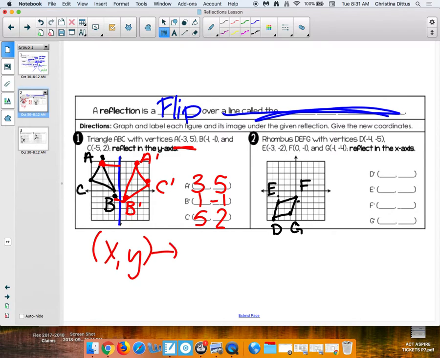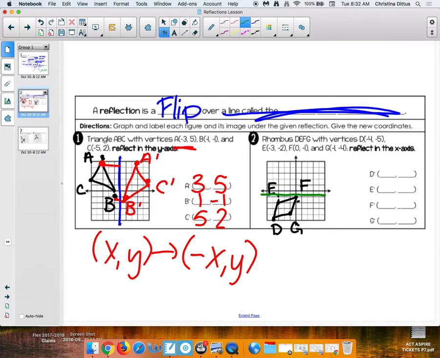In this instance, the only thing that happens is that my X becomes negative and my Y stays the same. So anytime you're reflecting over the Y-axis, you're just going to make the negative version of your X and leave your Y. Okay. If I reflect in the X-axis,